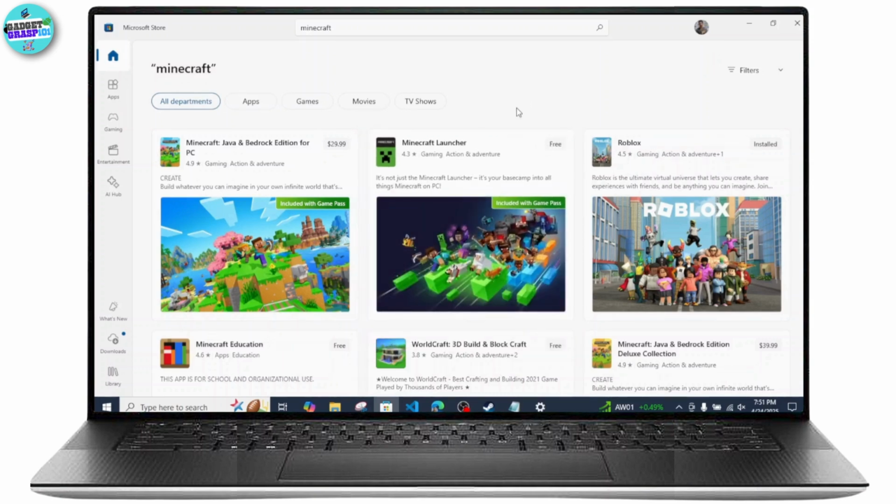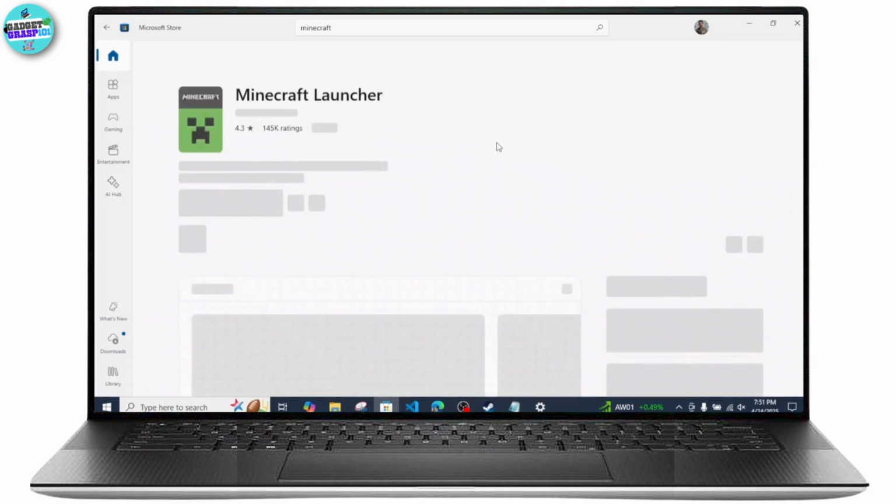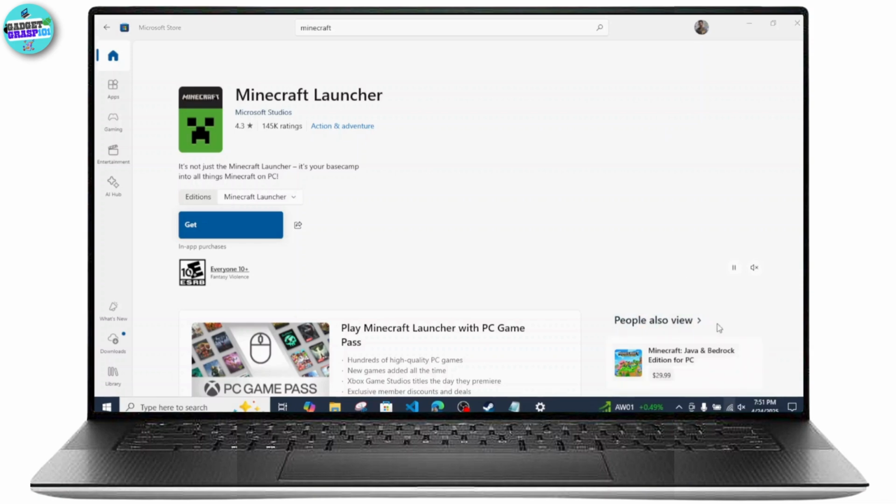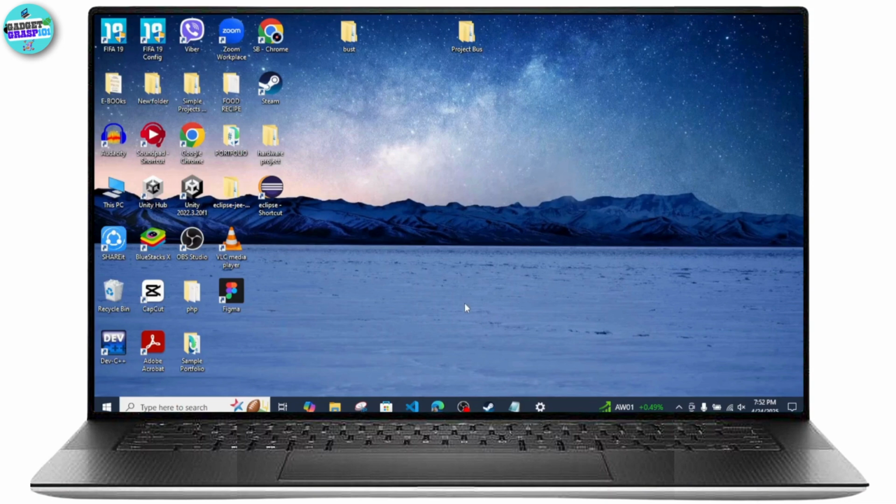If you're also facing such an issue where you are not simply able to download or install this Minecraft launcher on your Microsoft Store, then what you can do is, first thing, just make sure you have a strong Wi-Fi network connection. Once you do that, another thing you need to do is just come back